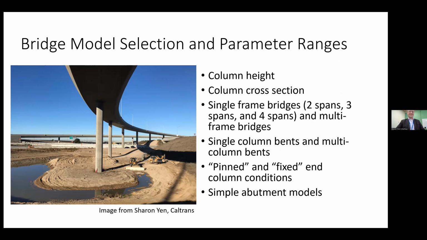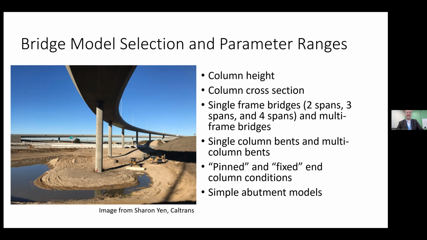It's a very nice picture of a fairly slender column bridge somewhere, but looking at column height, column cross section, whether it's circular sections or the, what do you call them, the oblong, the double circle interlocking sections. I forget, they had an oval shaped, for lack of a better term,